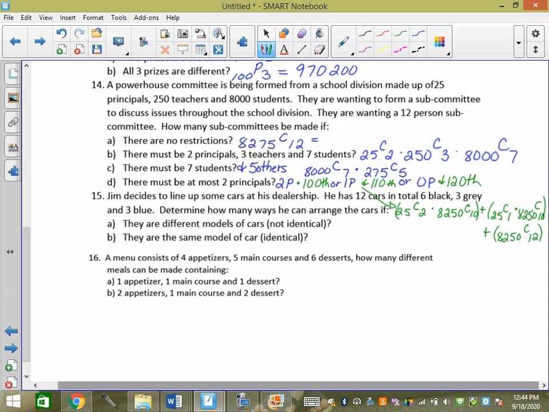The next one says, Jim decides to line up some cars at a dealership. He has 12 cars in total, 6 black, 3 gray, and 3 blue. Determine how many ways the cars can be arranged if they're different models, which means they don't look alike. So I'm just rearranging them. It doesn't say I have to start with a black or end with a gray or the blues have to be together. So I would just take all of the cars, factorial, which is